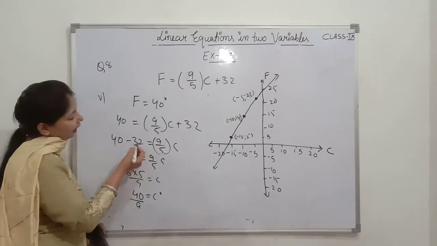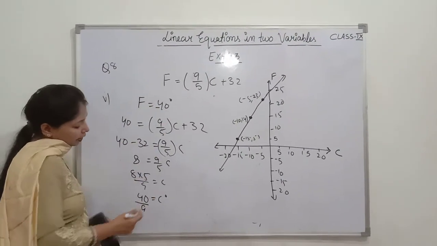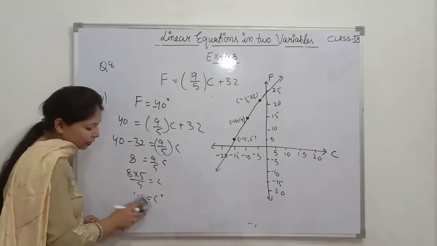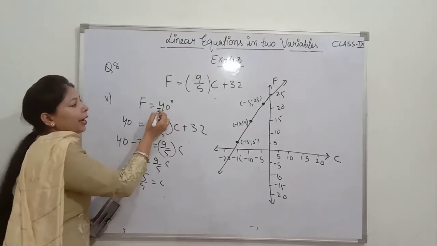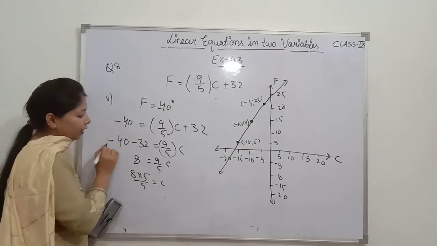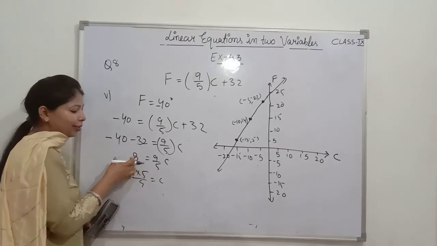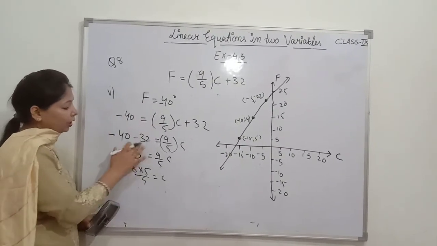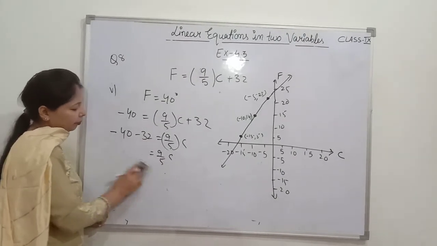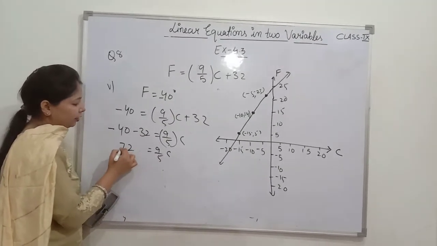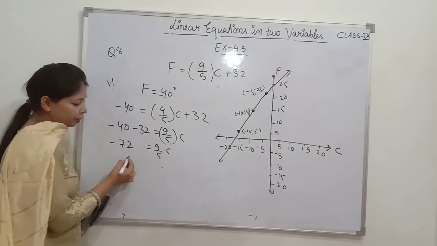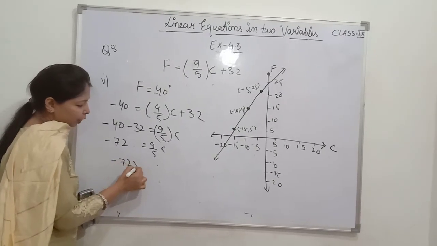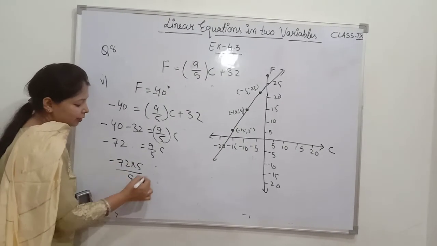चलिए वी विल टेक -40, ये फ्रैक्शन पे आ जा रहा है, सो दिस इज नॉट द करेक्ट वन, वी विल टेक द -40. ठीक है, इफ दिस बिकम्स -40, देखिए मैंने इस पे किया तो ये फ्रैक्शन में आ गया, दैट मीन्स कहीं गलती हो रही है, तो आई विल टेक -40. नाउ दिस बिकम्स -72. ठीक है, तो -72 इंटू 5/9 इज इक्वल्स टू C.